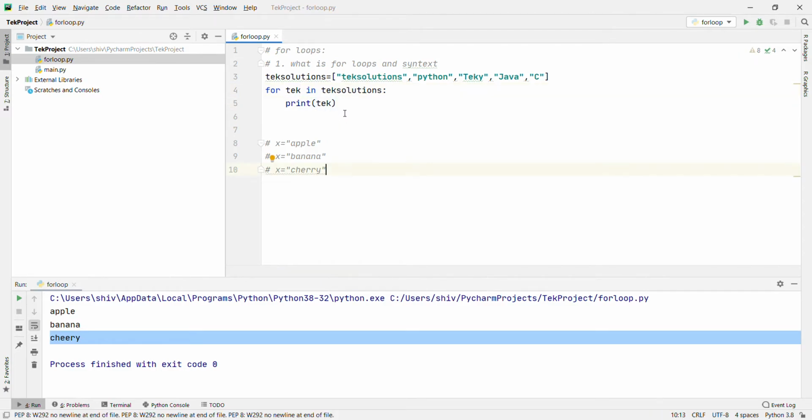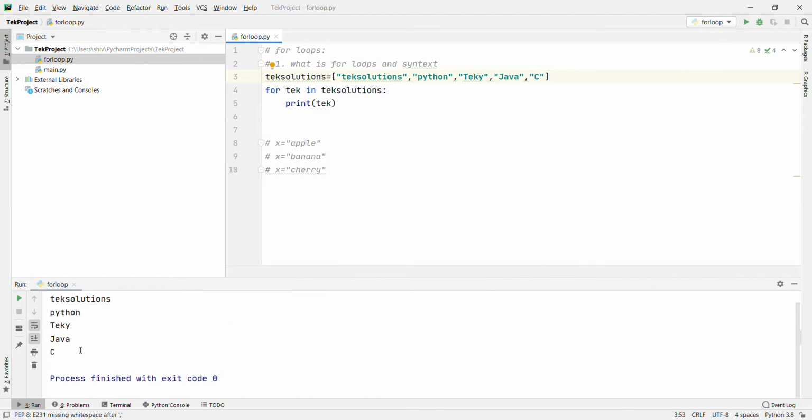Now what will it do? It will go one by one. First it will print Tech Solution, then Python, then Techie, then Java and then C. Let's run it. Tech Solution, Python, Techie, Java and C. Now it's clear. The for loop doesn't require an indexing variable to be set beforehand.